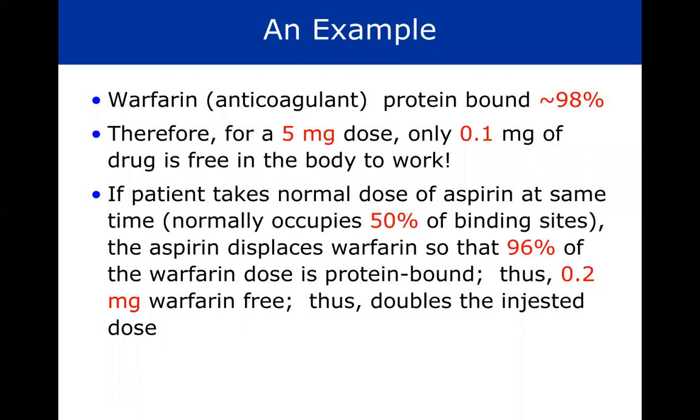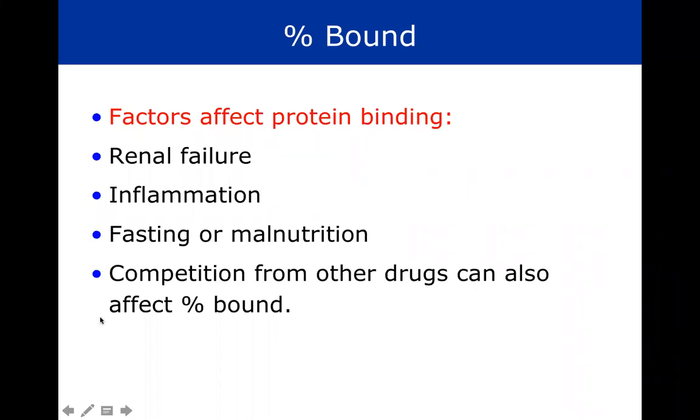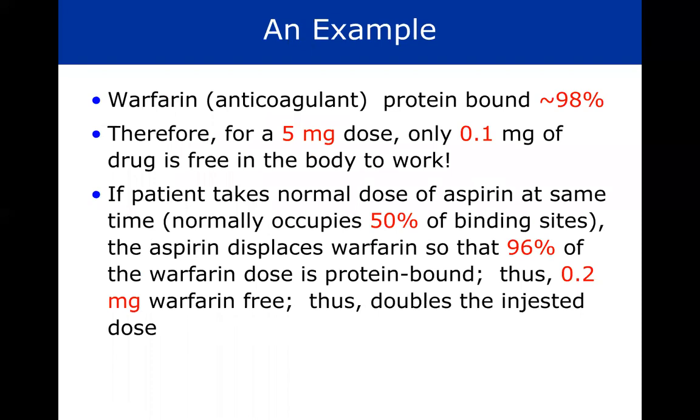An example about this last statement, competition from other drugs can also affect percent bound. Warfarin, all of you know, warfarin is an anticoagulant and is about 98% protein bound. Therefore, for a 5 milligram dose, only 0.1 milligram of the drug is free in the body to work. If a patient takes a normal dose of aspirin at the same time as warfarin, normally aspirin occupies 50% of binding sites. The aspirin displaces warfarin so that 96% of the warfarin dose is protein bound, rather than the 98% if there